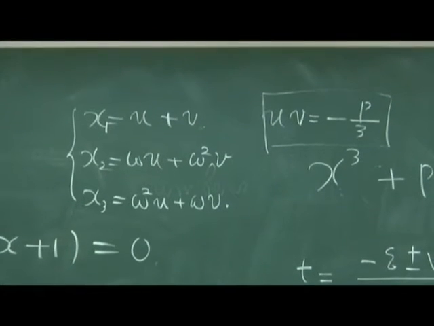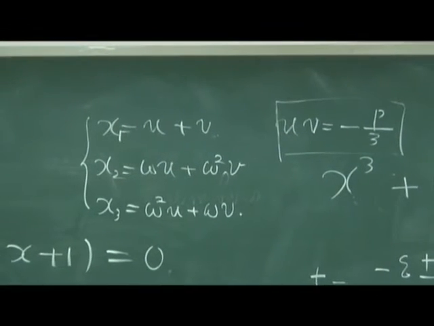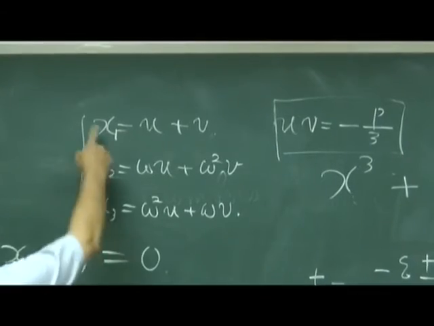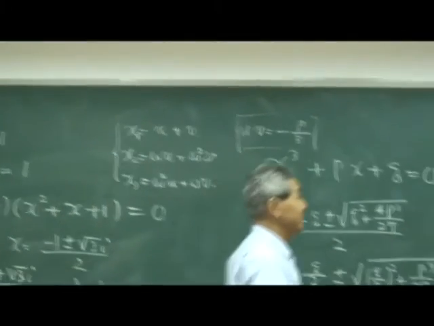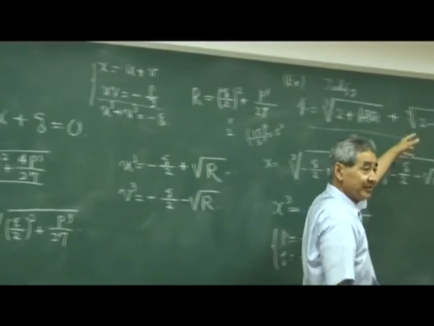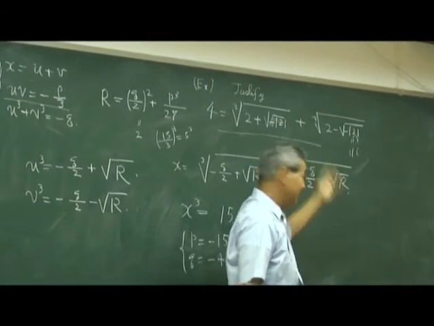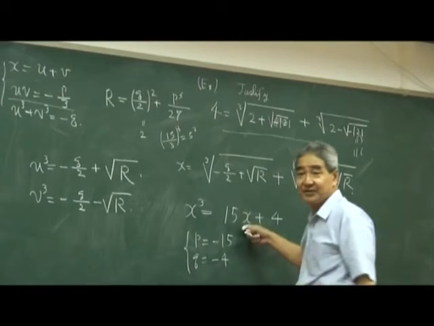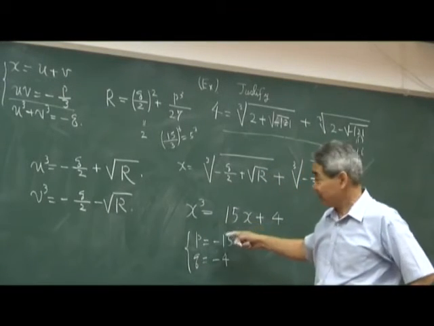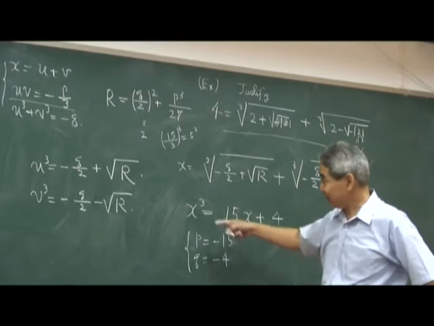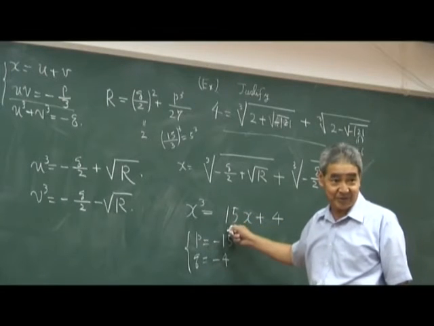Maybe later you can realize what I mean, but somehow this gives you three solutions. So if you choose another cubic root in this suitable way, you get another solution of this equation. And that's also very easy to solve because you know that one solution is